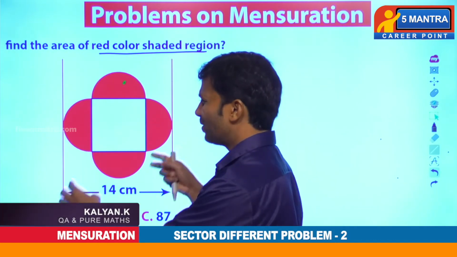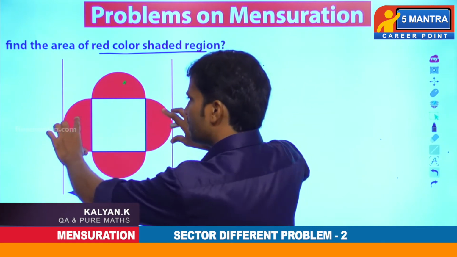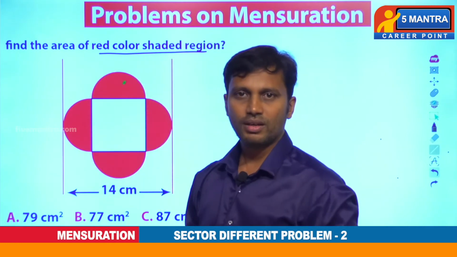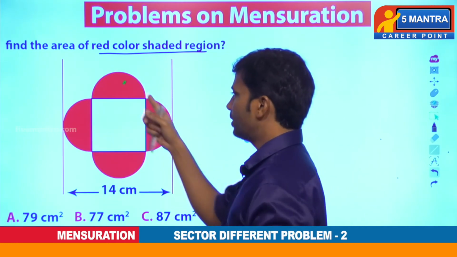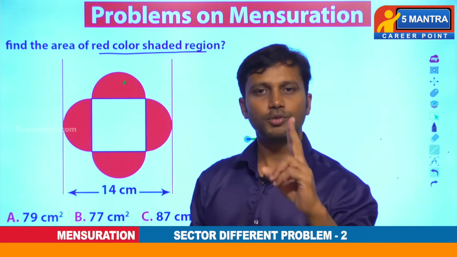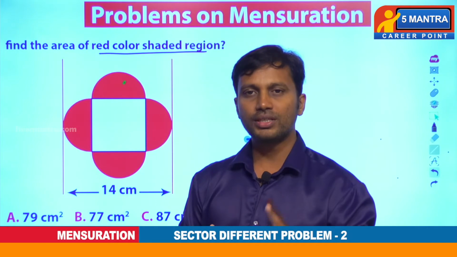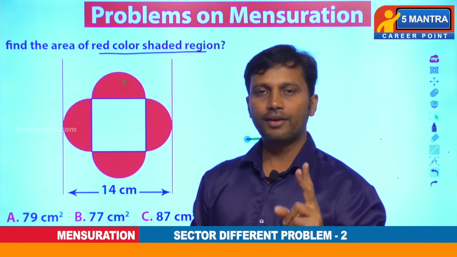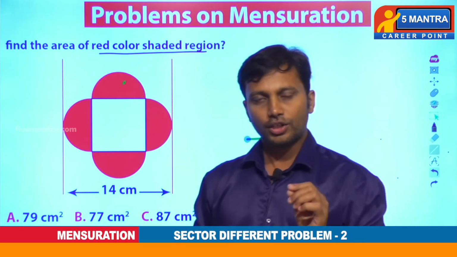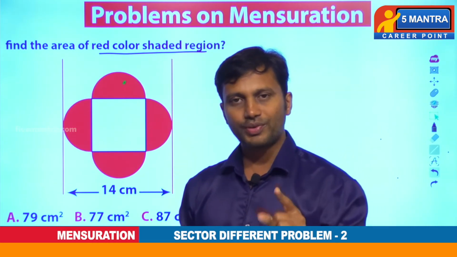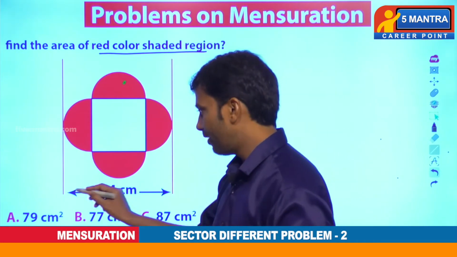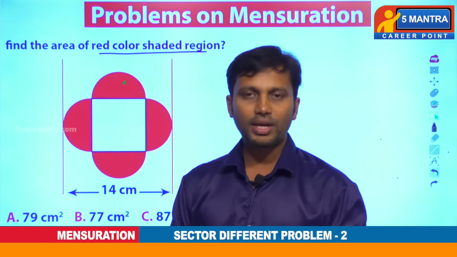We don't need to animate this once again. Just see here, if you add these two, it will be a circle, and this will be a circle. So these two are 2 circles. The 4 semicircles are combined together to form 2 circles. So our question is to just find the area of the 2 full circles. In order to get the area of 2 circles, we need the radius, which is not given in the diagram. For finding that, we have been given this total length. So we need to analyze that first.